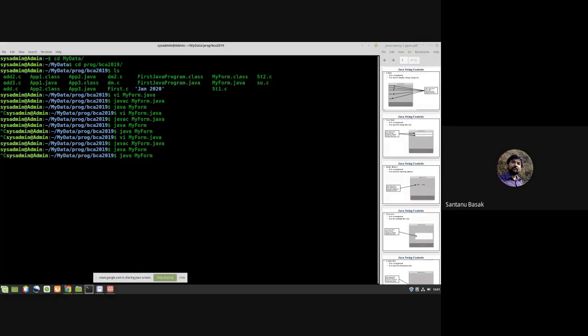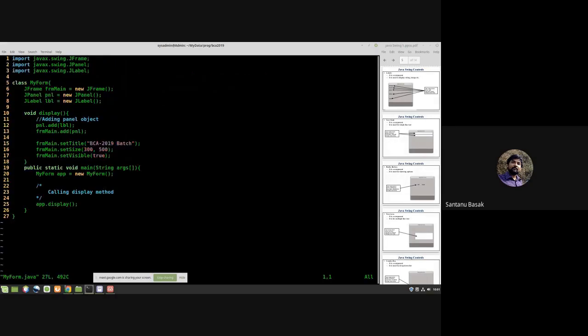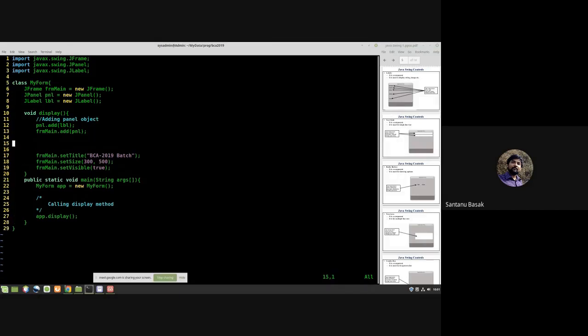The label is basically blank, so there is blank text, and we can't see anything in the panel or the JFrame. So for that we will add some text.